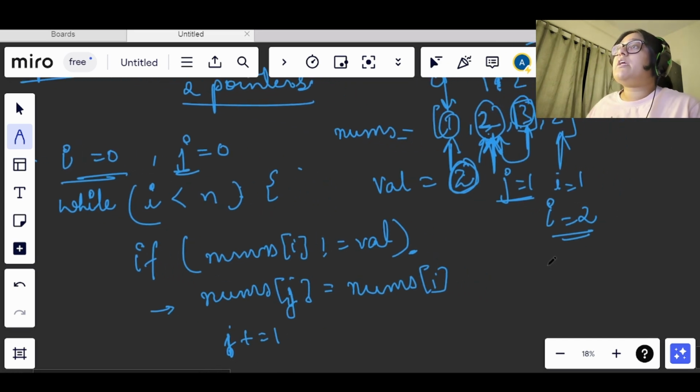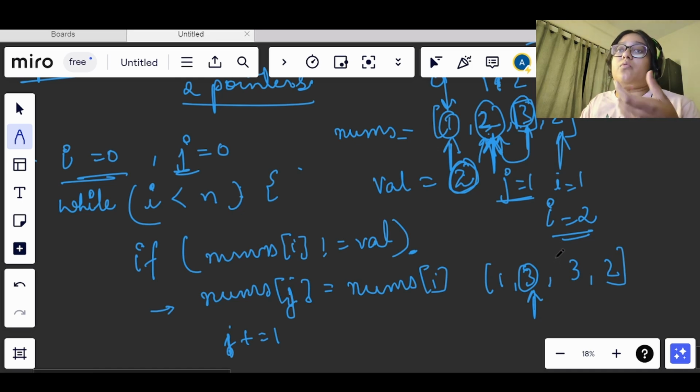So now after the update we get 1 3 3 2, right? Only this index value will change, because we have been told that only the values which are not equal to val matter, and we just need to return the number of elements.